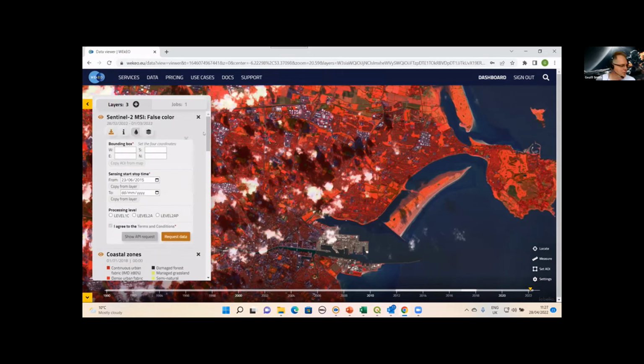And I think we've also reached the point where we've got to the break now. So after the break, I want to come back and talk to you about how I can use some of this data that I've just shown you in WEkEO. I've downloaded it and make it available in QGIS, and then we can process that data and come out with some useful information that we can then use for coastal zone applications. So I'll leave it there, and we can now have a break, which I think lasts for 10 minutes.